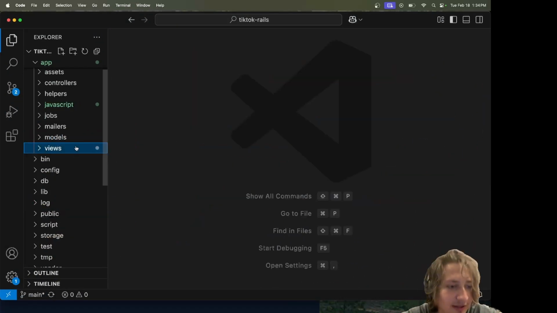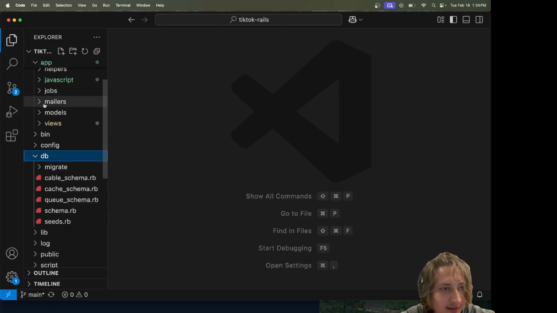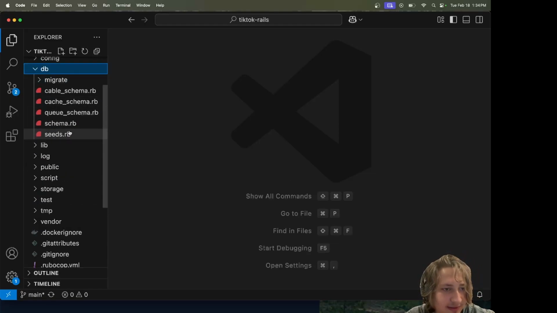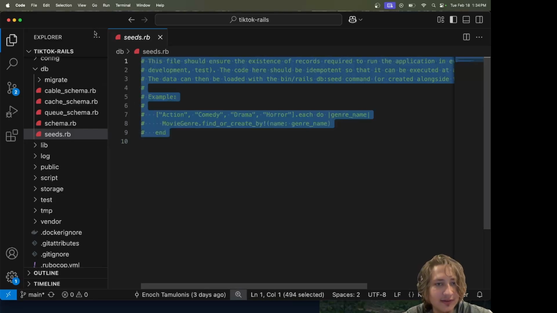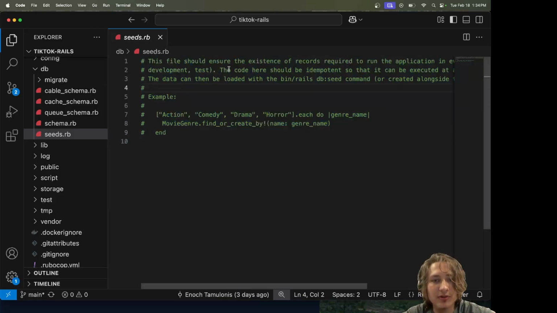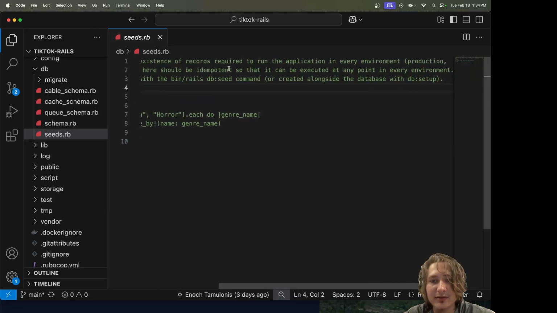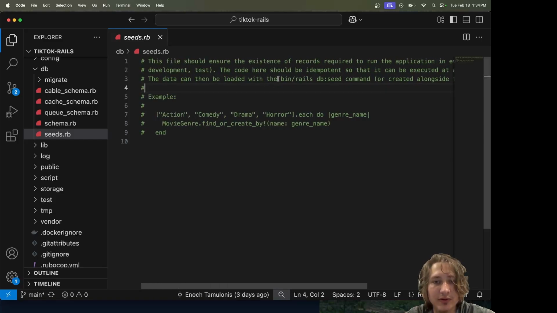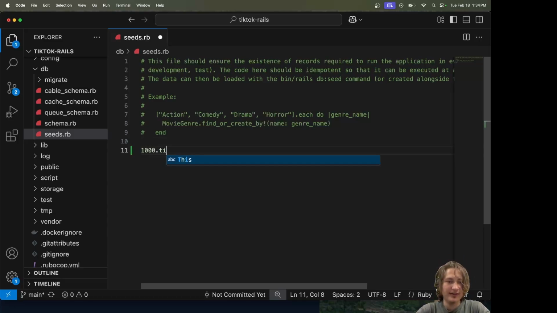So to seed our database, if you go in your app and go to db/seeds.rb, there is a seeds file, which helps you create records for a new app. All you have to do is run bin/rails db:seed. So we could totally do this here. If I just said like 1,000 times 2,